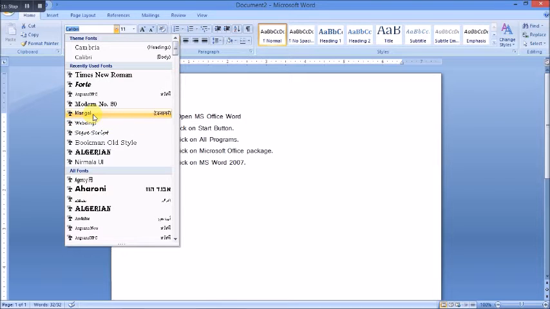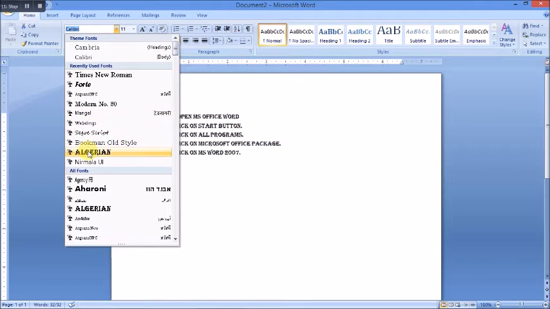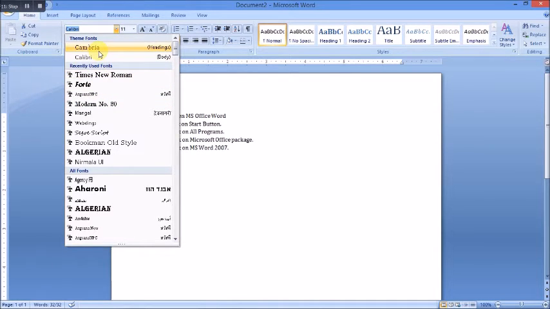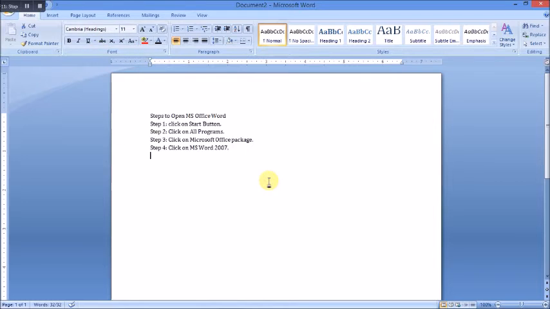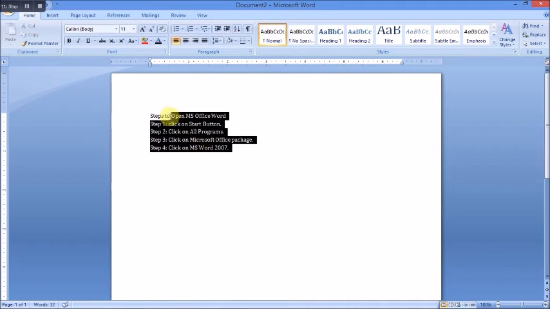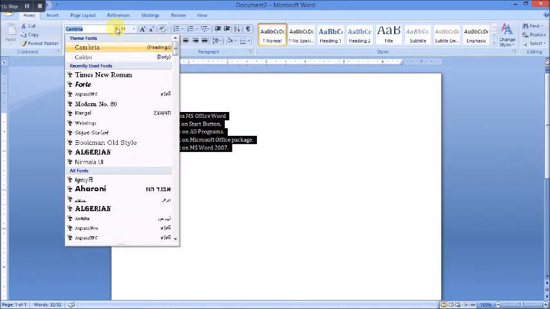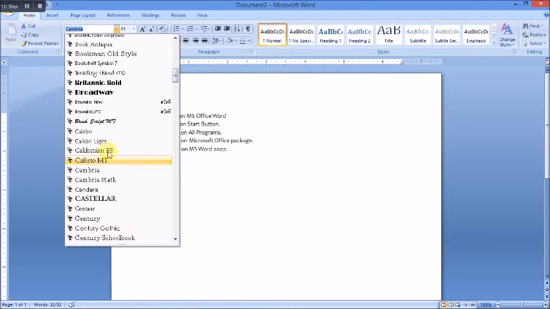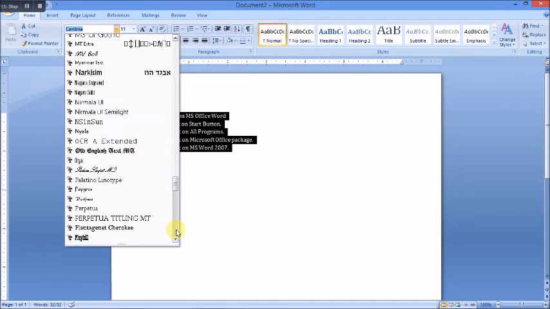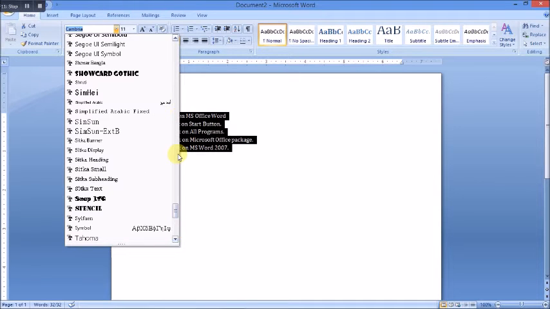Different fonts are available, Algerian. Whichever you are comfortable with, you can use by first selecting the content, then going to the font face and selecting the font. There are more than 100 fonts available.